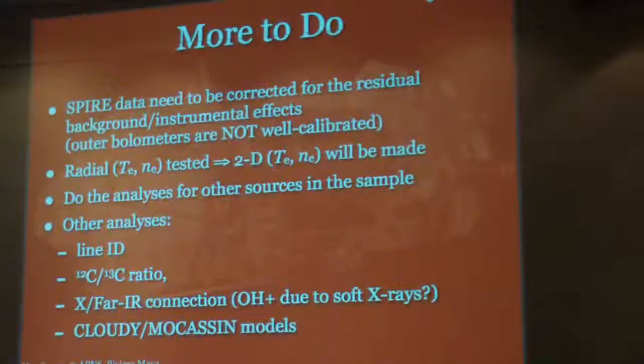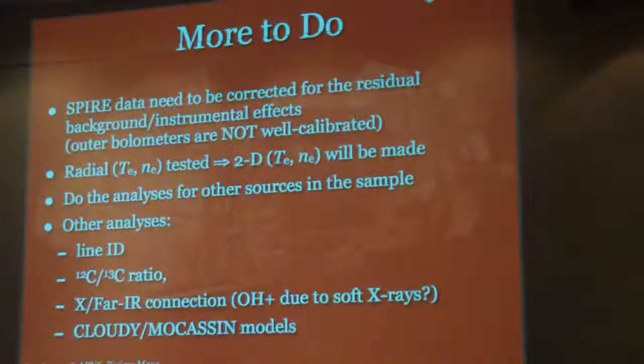Then we still have other things to do. Line identification is not complete. And then we can also talk about, for example, the 12CO to 13CO ratio. And then we need to think about the X-ray connection, which is already suggested by the detection of OH+. OH+ emission needs some soft X-rays. And then we need to do the model calculation. So the spatial resolution will help us to disentangle the degeneracy in the plane of the sky. But what we measure is the whole integrated